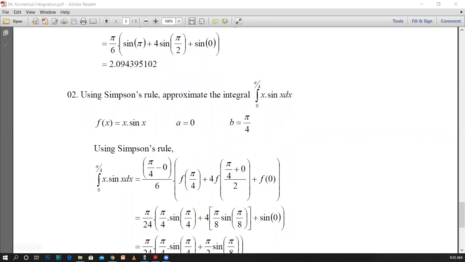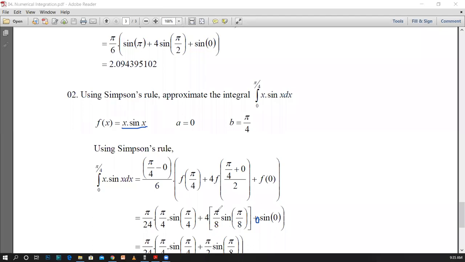Here there should be one correction. It should be 0 times sin 0. Since the function is defined as x times sin x, I have to substitute the value of x as 0, since we identified the value of a as 0. Then we need to do the appropriate calculation using substitution, with b being 5/4, and here we have obtained the value for the midpoint as 5/8.